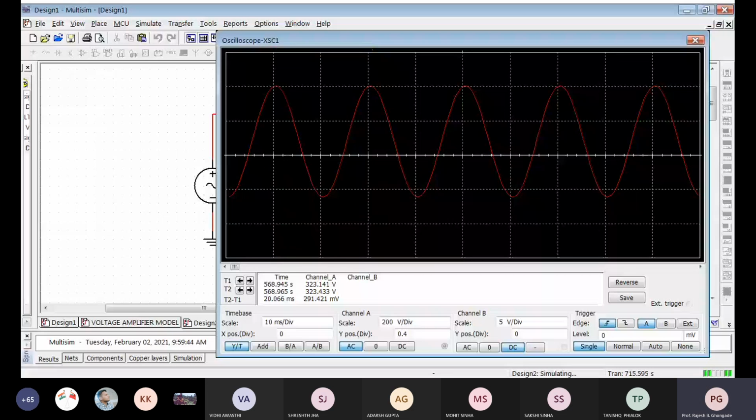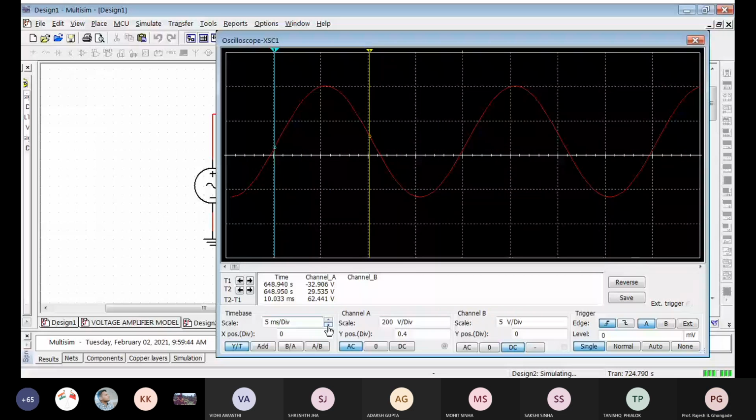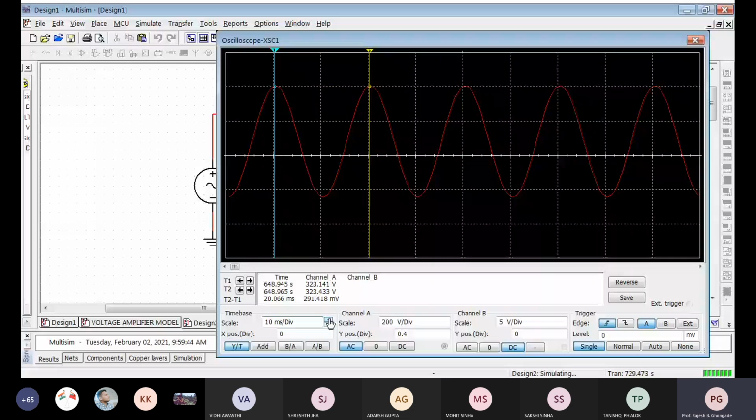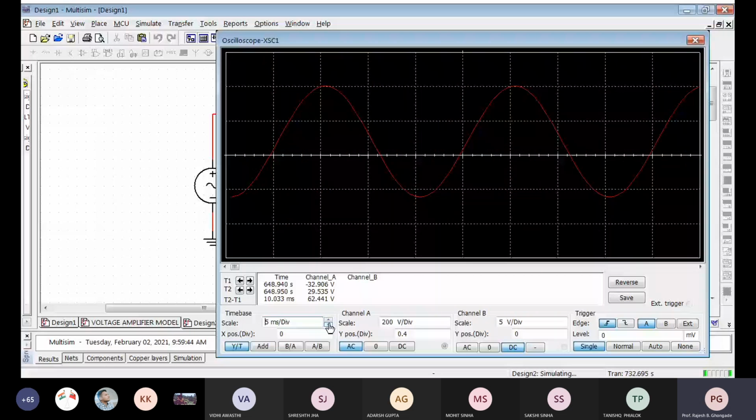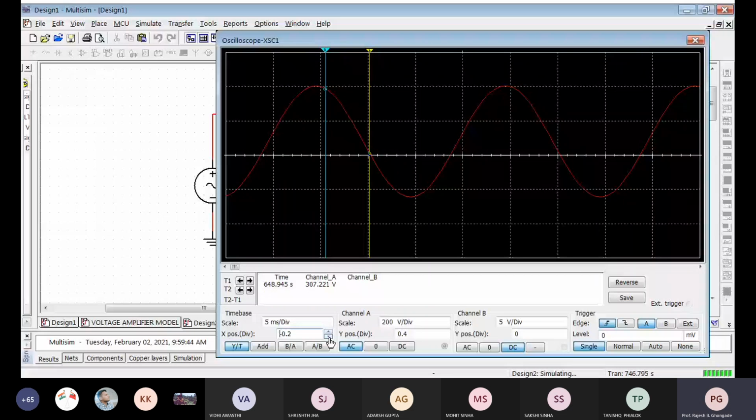Okay, now in addition to that, this is the time base. What happens when you, this is zooming in the horizontal direction. You see what is happening? Yes, sir. So each horizontal division corresponds to 5 milliseconds. Now this will give you a better picture. So I can shift the exposition also so as to align it with the peak. It is not always possible, but okay, roughly we'll align that.